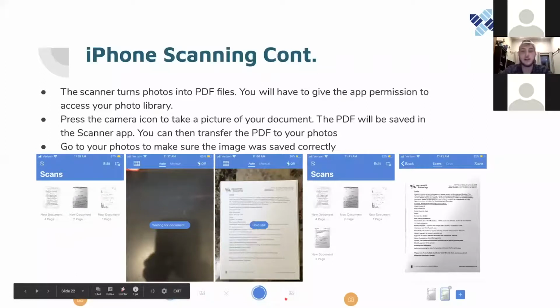And you'll see that right now we're practice scanning our list of documentation that we need to see to complete an intake for assistance with our organization. Once it's saved, there's a folder in your scan app. It also can be saved directly to your phone photo stream. Once it's saved there, just go in, click on it, open it up,